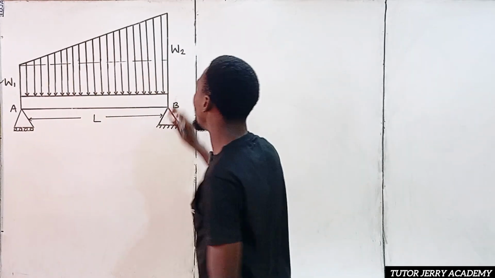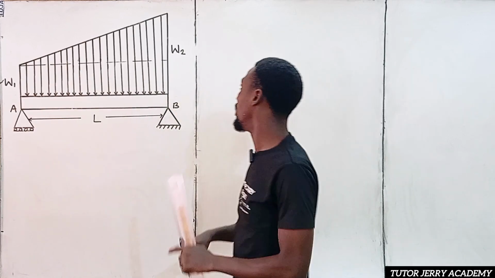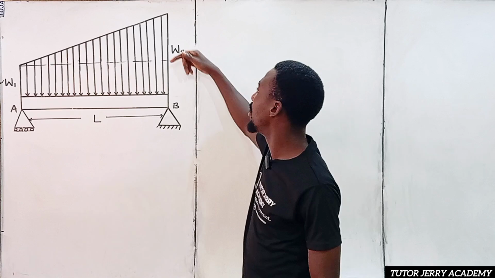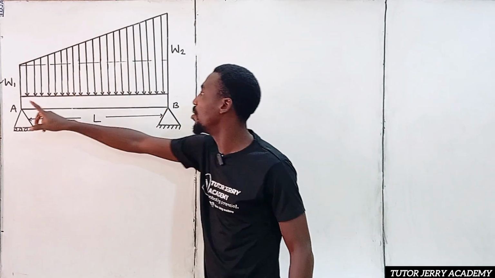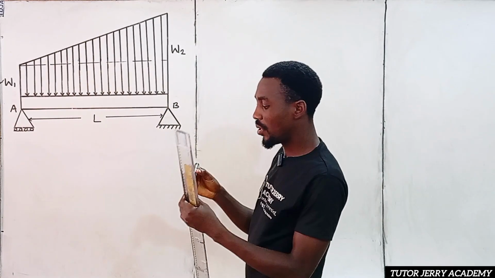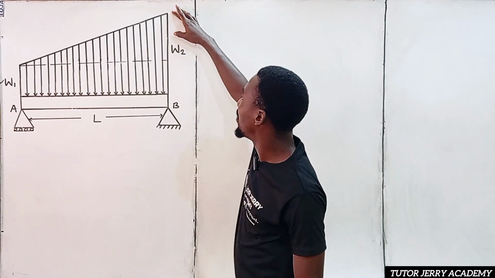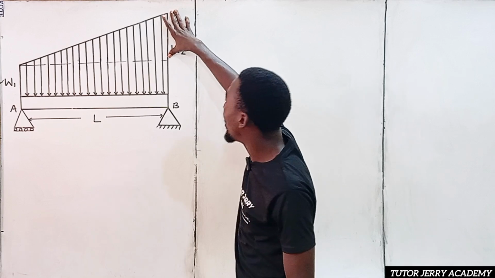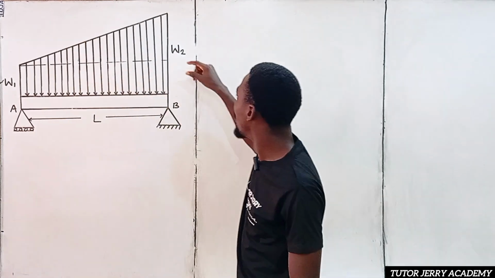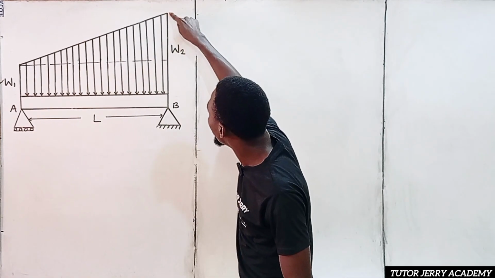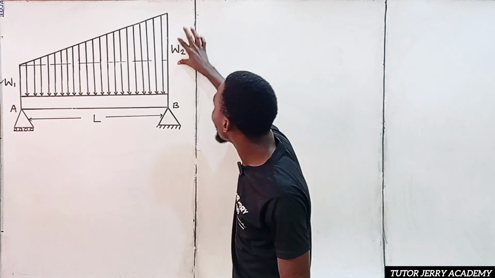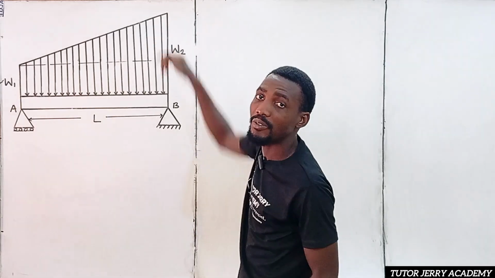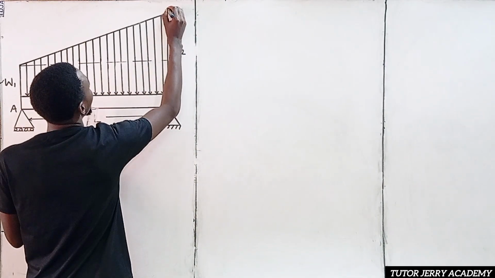All right. So you can see we have a uniformly distributed load, then we have a varying load. The load acting on this uniform distributed load is W1, while the load acting from this trapezoidal load is W2. So the load at the top of this uniform varying load is W2. If you subtract W1 from W2, you get the load acting on this uniform varying load. So here we are going to have W2